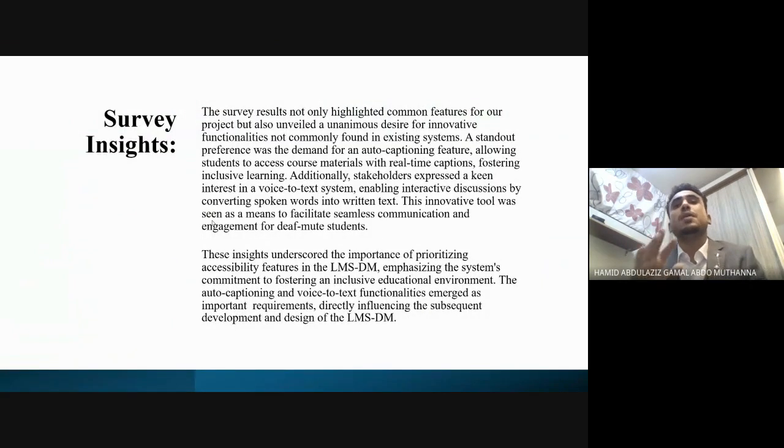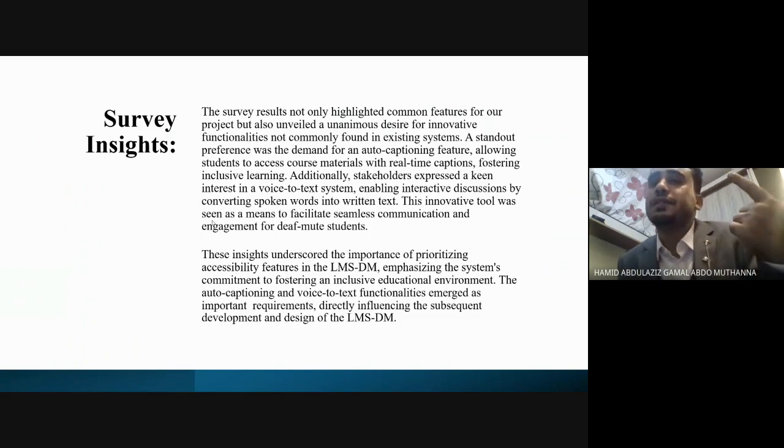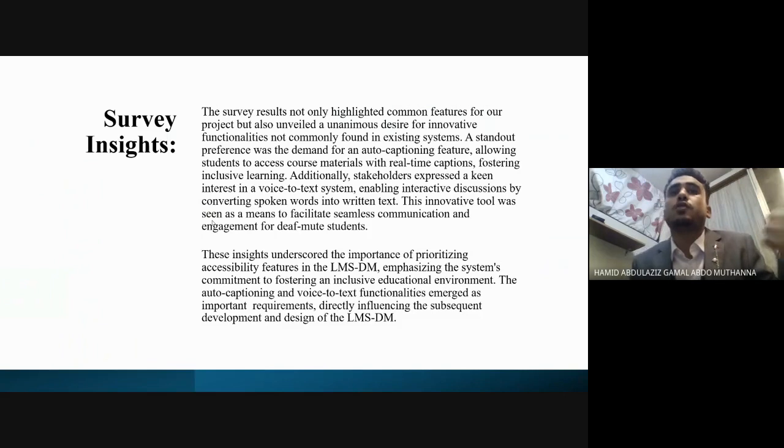The survey result not only highlighted common features for our project, but also a universal desire for innovative functionalities not commonly found in existing systems, like an auto captioning feature allowing students to access course materials with real-time captions, fostering inclusive learning. Stakeholders also expressed keen interest, based on the survey that we got, in the voice-to-text system, which enables interactive discussion by converting spoken words into written text. And these things are going to help the deaf mute students a lot for their